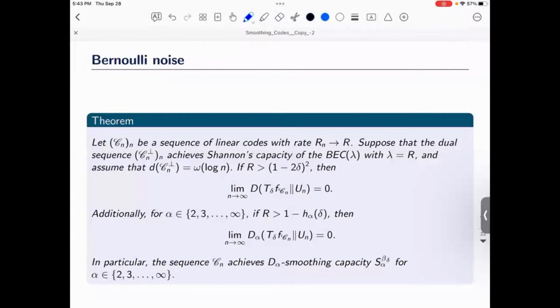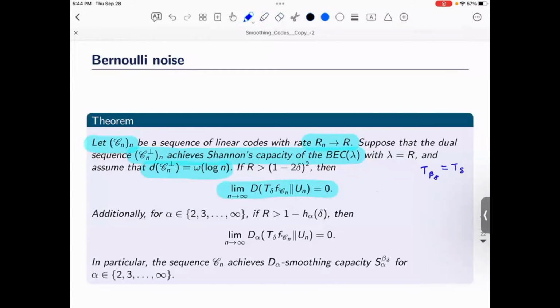So if I put it in a more rigorous way, this is what we proved. Let us parse this statement. We have a sequence of codes Cn whose rate Rn goes to R. And we assume that the dual codes achieve Shannon capacity in the binary erasure channel. And if their dual distance also scales in a certain way, then we say that these codes, when you apply the noise operator T beta,